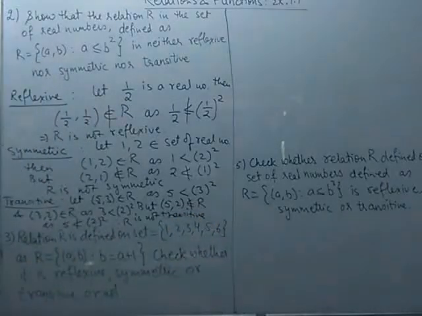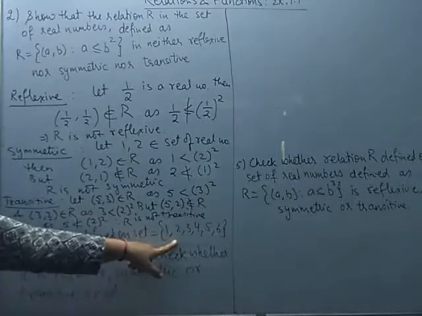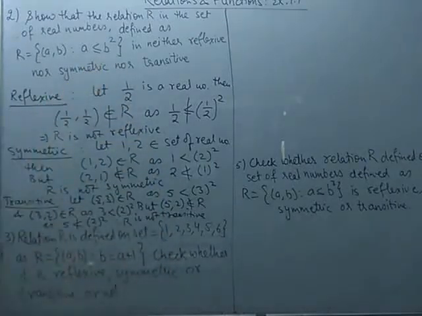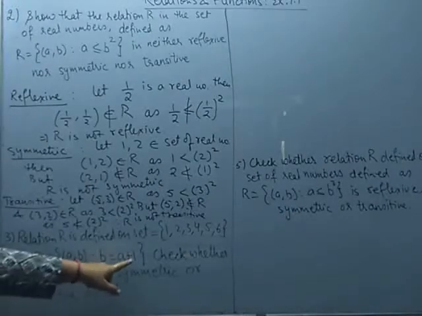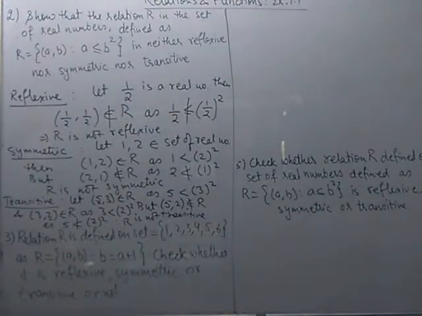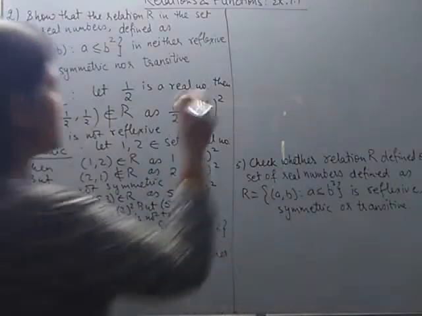So we could show that this particular relation is neither reflexive nor symmetric nor even transitive. Taking another example of the same type, the third one, here the relation R is defined on this set only. Okay, previous one was defined on real numbers. And what is the relation between the elements of the pair? The second element will be first element plus 1. If you wish, you can write this relation.